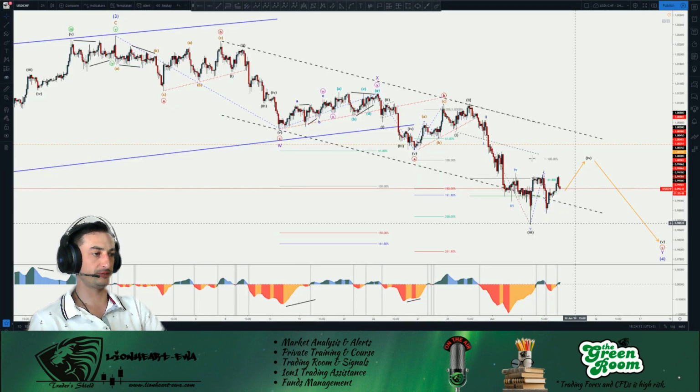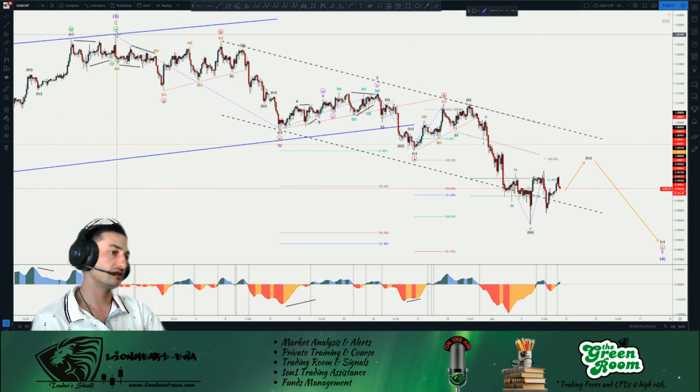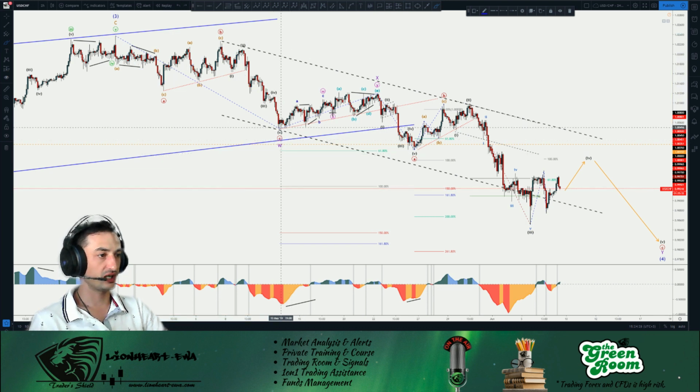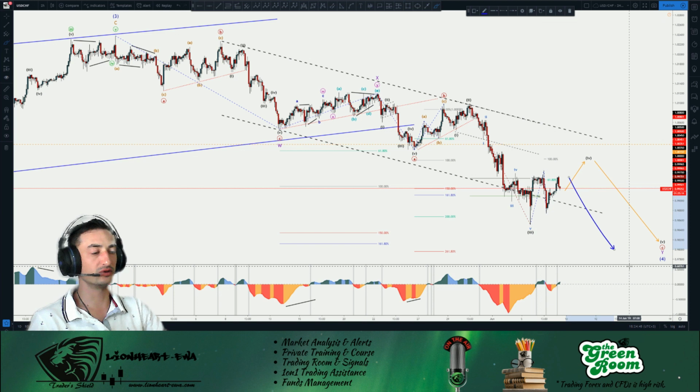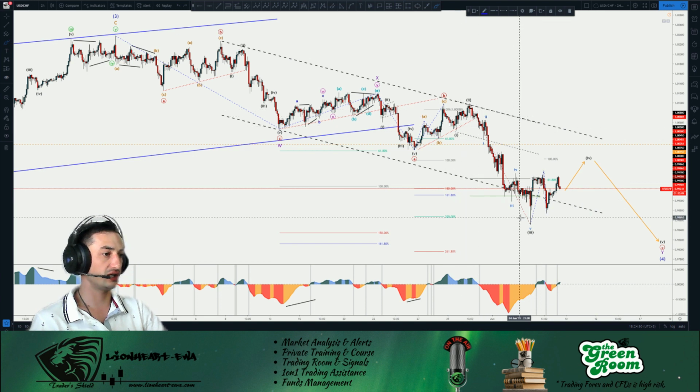Dollar Swiss is practically in a complex structure as well. So we have A, B, C from the top, so W, purple, minor degree, and then we have a next wave of a double three within this X, and then we have a 5-wave sequence in this A, so minute A red, and then a 3-wave sequence in this B, so simple B, which means that this could be a zigzag, which means that it has to deliver one more on the lower side to have a 5-3-5 sequence in that zigzag.